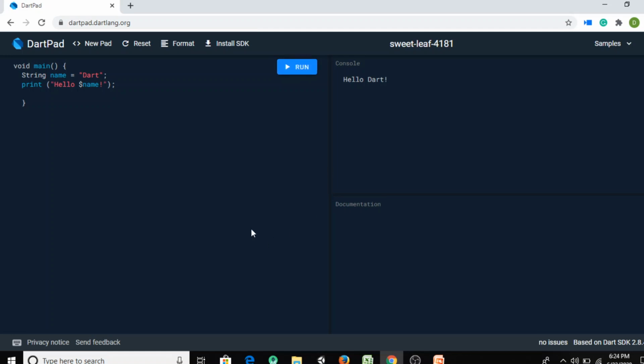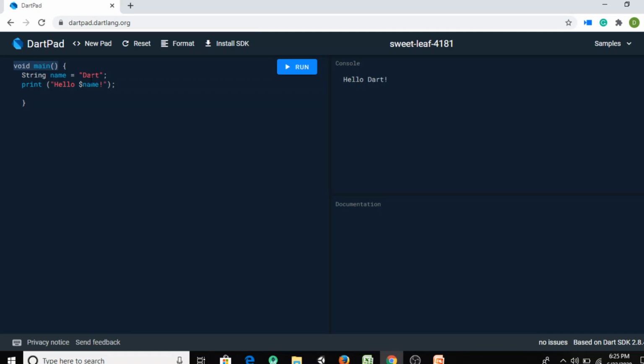Here the main function is the starting point of every Dart application. This function is required, and you will also find it in every Flutter app. Everything begins with the main function. The string name equal to Dart: this line is a variable declaration. With this instruction, you are declaring a variable called name of type string whose value is Dart.